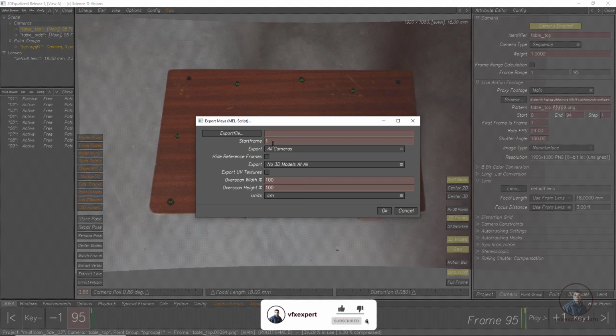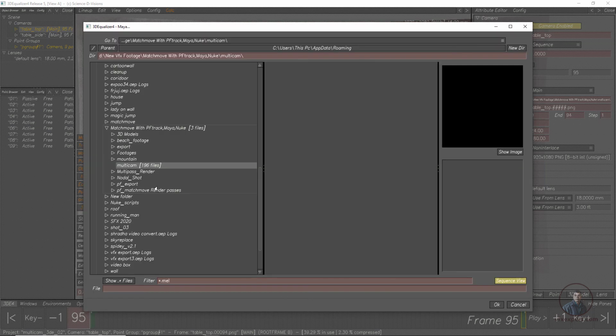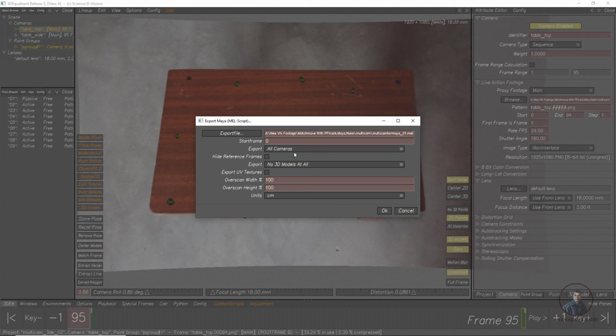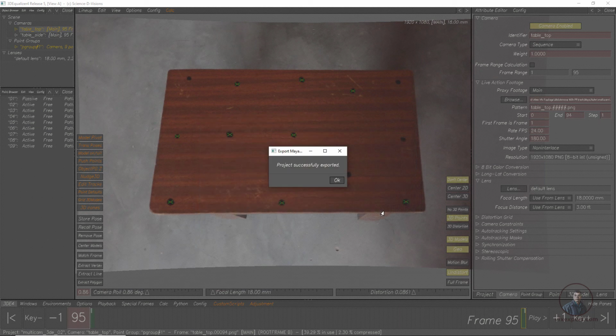So here we have to define 0. Okay, so this totally depends on your image sequence. So here maybe make it 0, select and just select your folder. So here in this folder, and just give a name. So like this you can give any name, then simply click on OK. All camera, here you can see all camera, then click on OK.